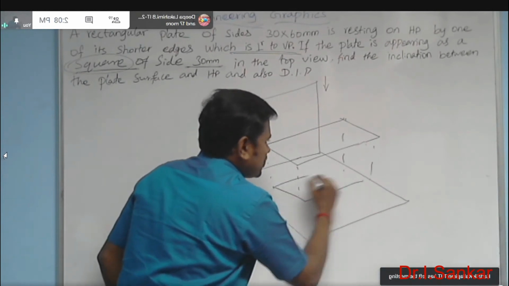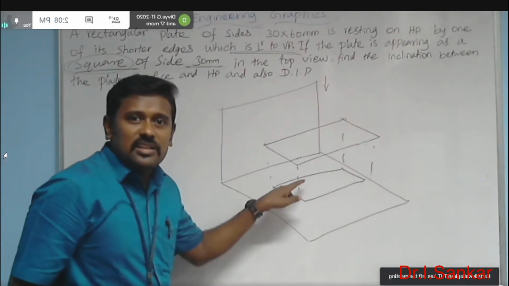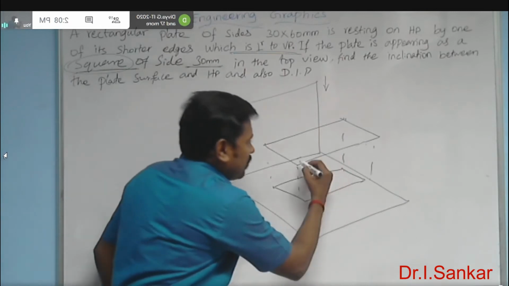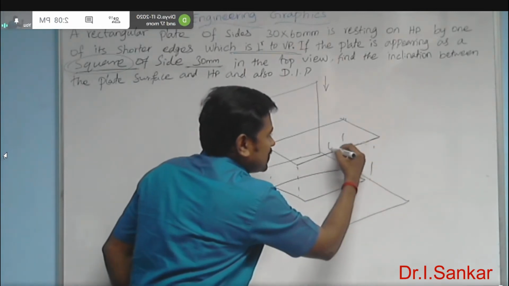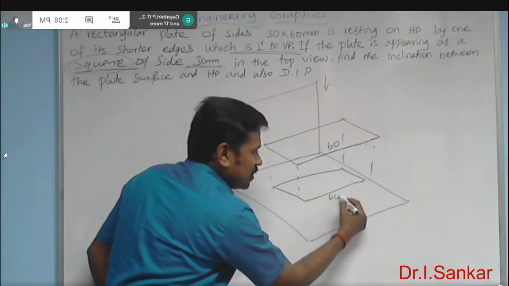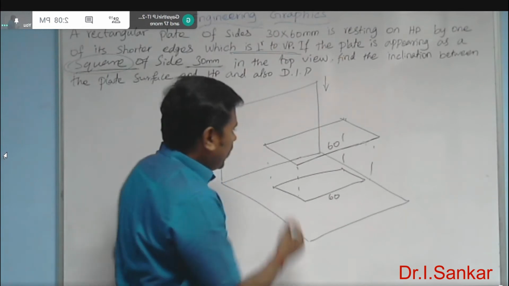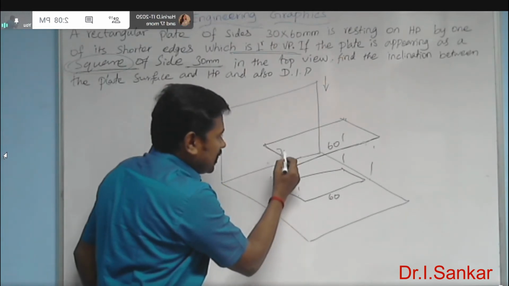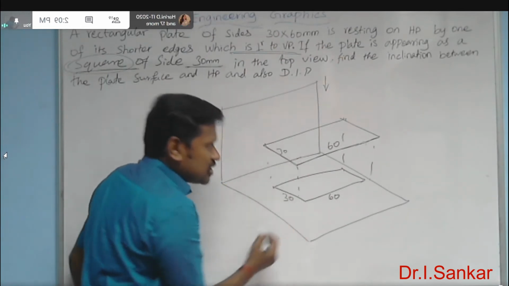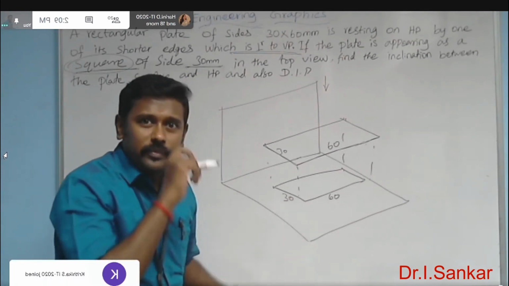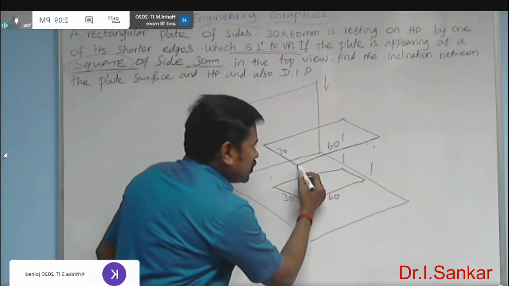You can see the same rectangular plate. The dimension here, if it is 60 mm, the same 60 mm in the top view also you can find. And the shorter edge dimension is 30 mm. The same 30 mm dimension also you can find in the top view. If you include some inclination,